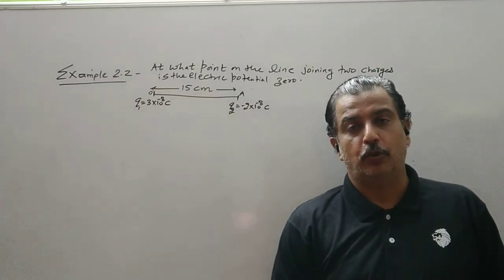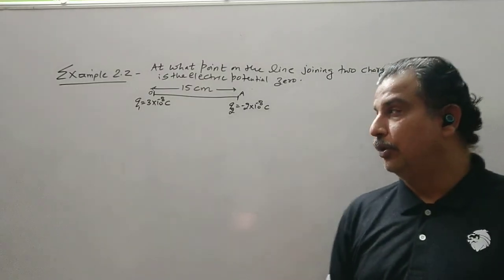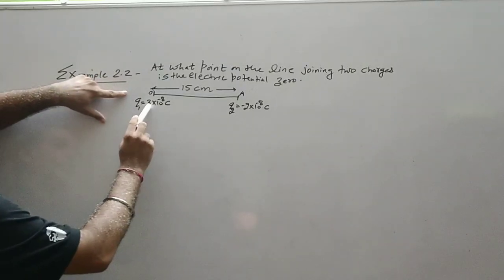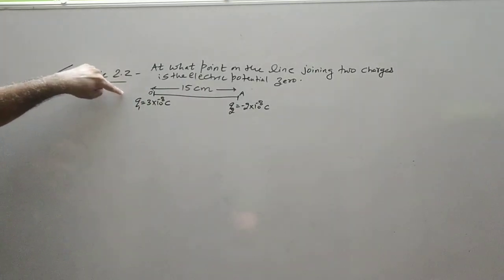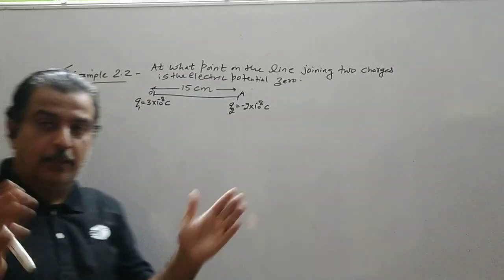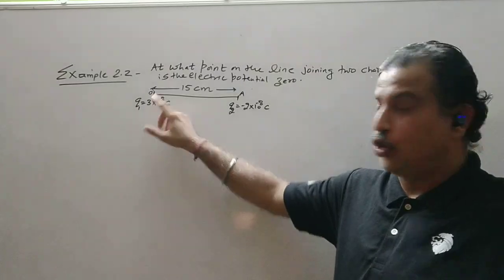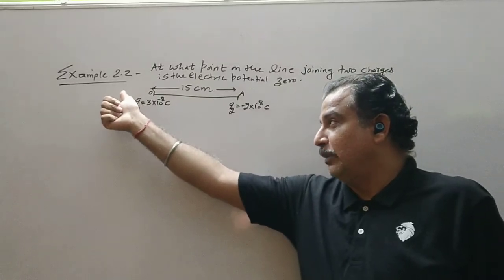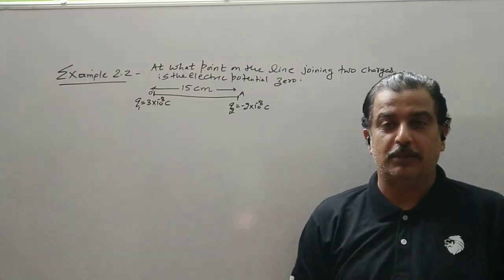field intensity is 0. Suppose I want to find out a point where the electric field intensity is 0. So I may keep a charge here, a test charge. If I keep a test charge here, this positive charge will repel it and this negative charge will attract it. So at this point, both the fields are in opposite direction, but the magnitude of this charge is more, so repulsion will be more as compared to the attraction. So the possibility of getting electric field 0 at this point is not possible.